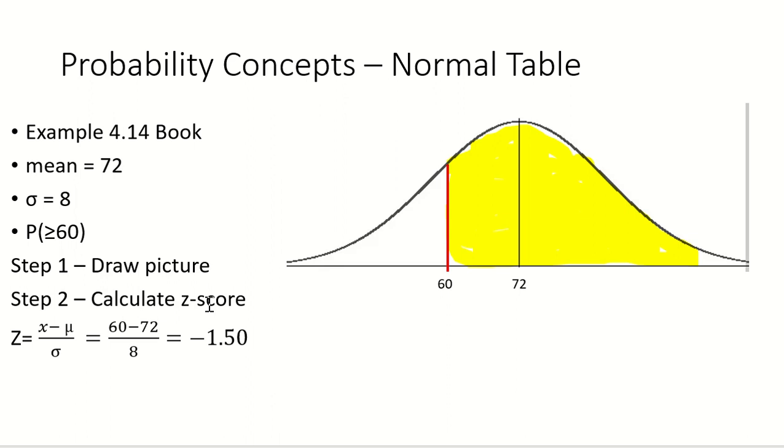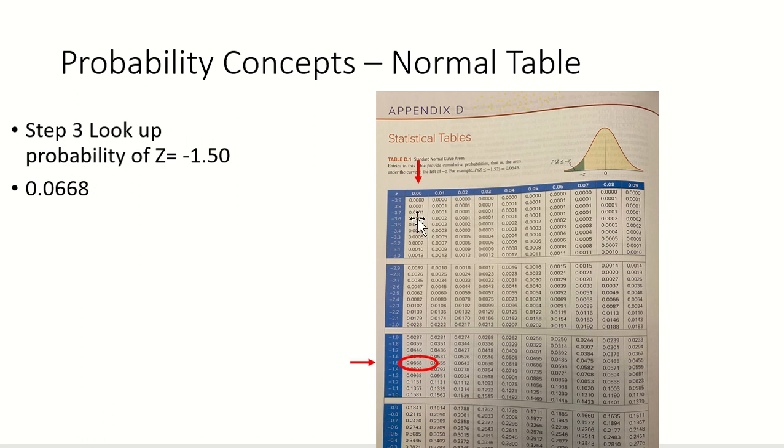Step 2, calculate my z-score. My data value is 60. The mean is 72. Standard deviation is 8. I calculate a z-score of minus 1.50. That means right here is a z of minus 1.50. The next step says let's go look at the z-table. And if I look up minus 1.50, I come up with a probability of